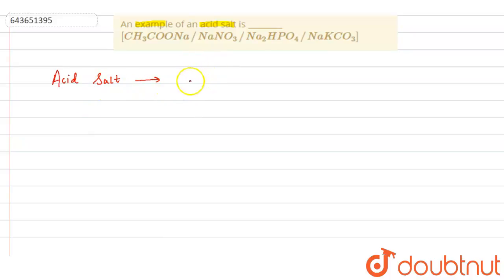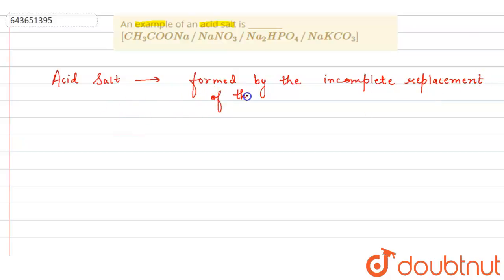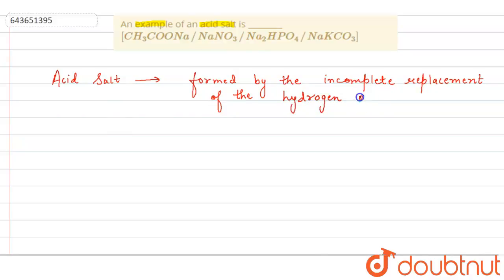So acid salt is formed by the incomplete replacement of the hydrogen of an acid. So from the given options, if we talk about